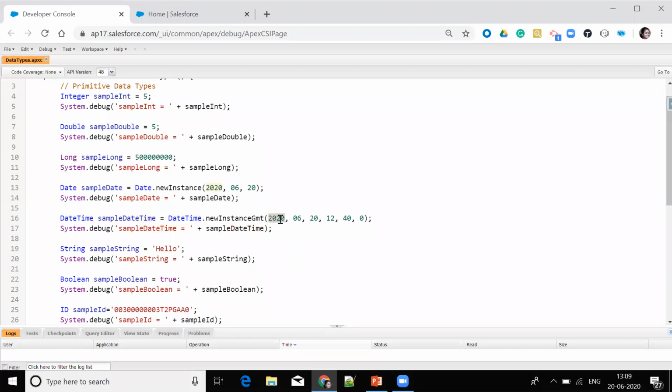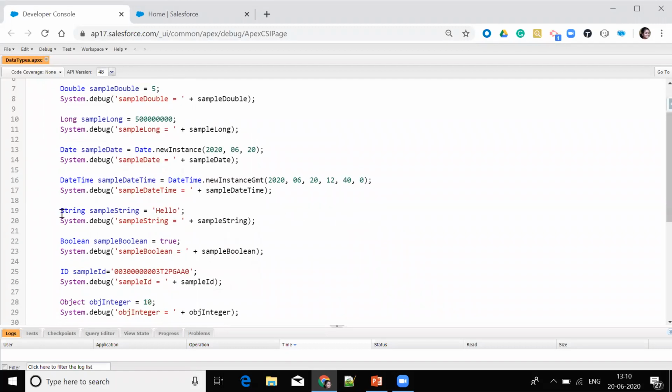So here I have given the year, the month, day, and the hour value, which is 12, and 40 is the minutes here, and 0 is the seconds. Then we can store the string like this. I have used the string data type and the variable name is sample string, and I have put my value into single quotes, which represents a string in Apex.